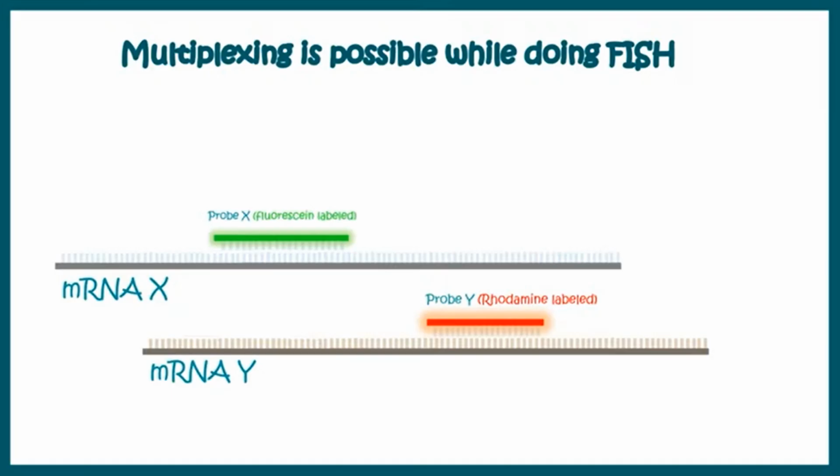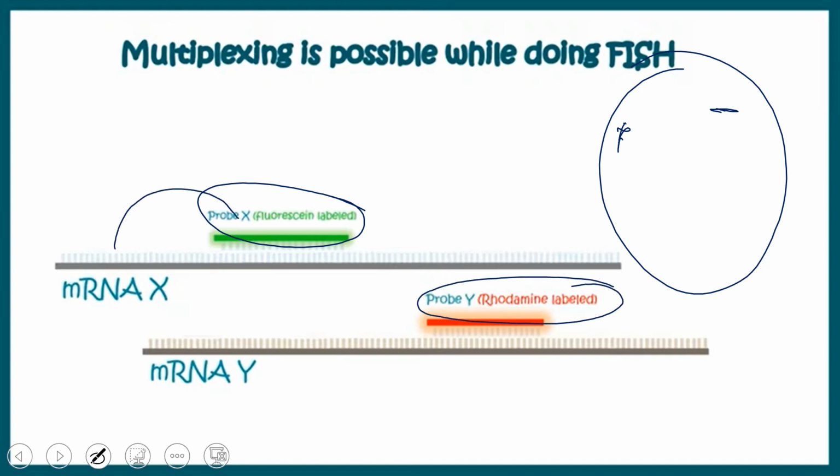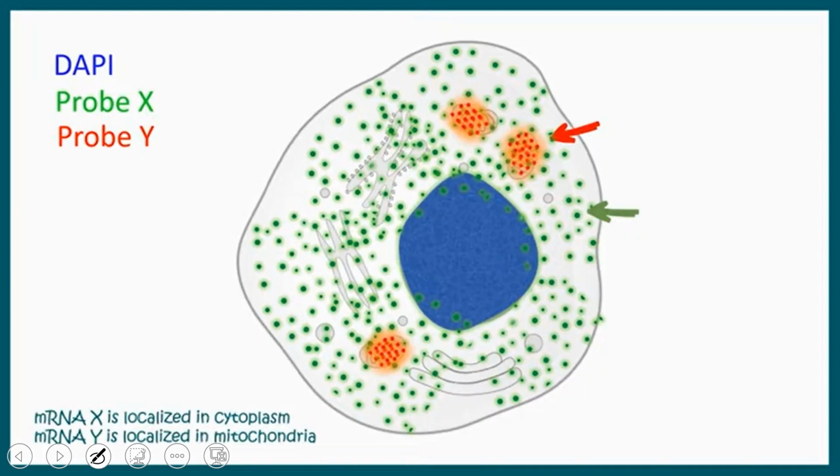Okay. Now, if you have a cell and you want to see where different types of RNA will be, you can use specific types of probes. Like here we have fluorescent labeled probes, and here you have rhodamine labeled probes. This one is specific for mRNA X, and this is specific for mRNA Y. In a cell, if we have two different locations, one type of RNA here and another type of RNA there, depending on the probes,